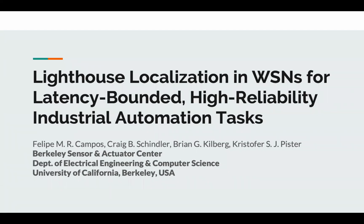We present the results of a high reliability, latency bounded conveyor belt control system for a cart containing a self-localizing wireless sensor node. The rise of the industrial Internet of Things has been and will continue to be driven by the availability of wireless sensor networks, embedded systems, and inexpensive sensors. Wireless sensor and actuator networks could also enable wireless control and factory automation, taking advantage of the benefits of wireless